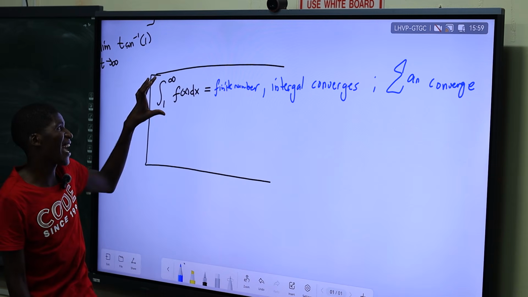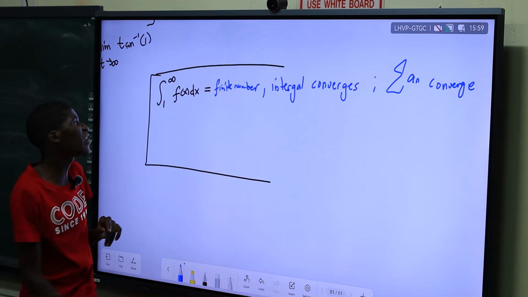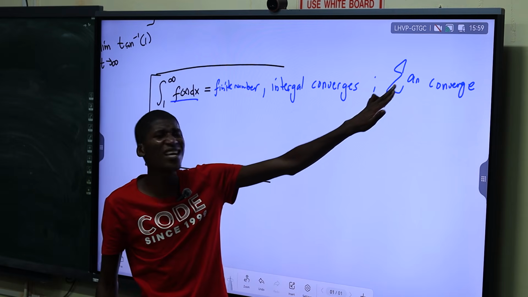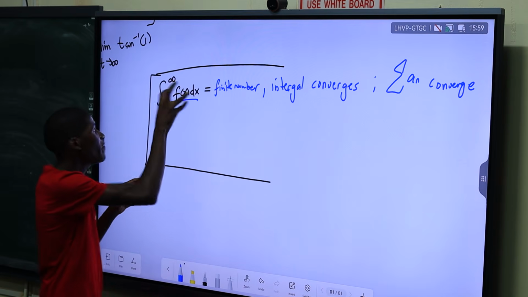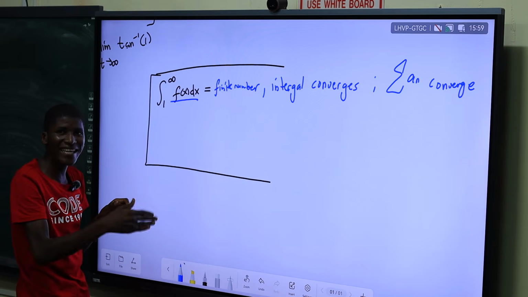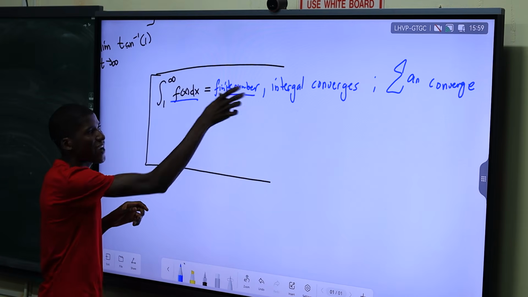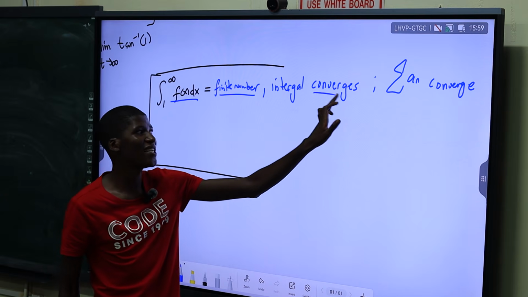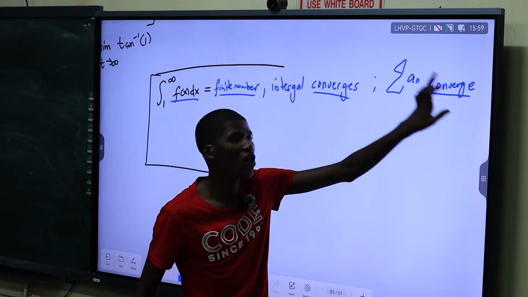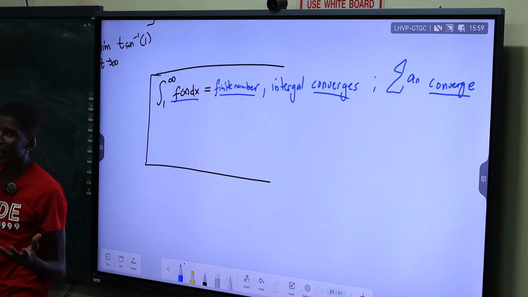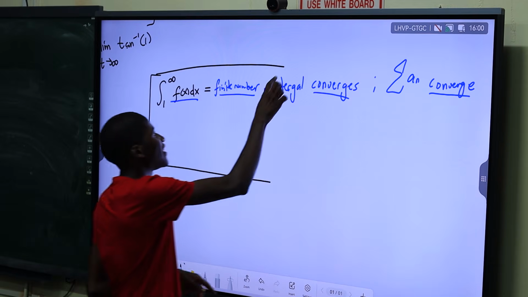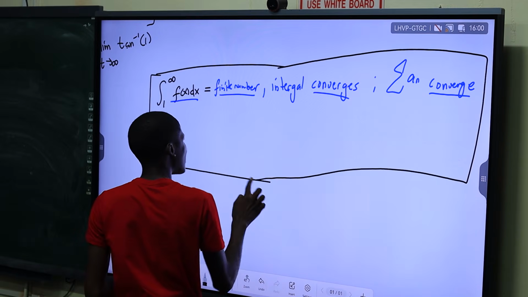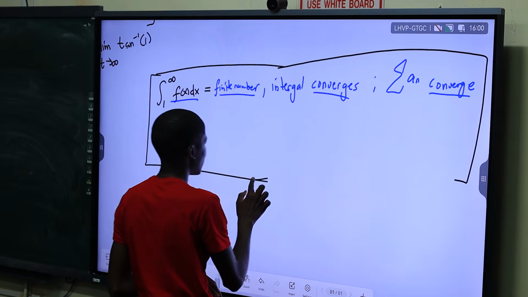So if the integral of f of x dx gives you a finite number, your f of x came from a_n, the sum. So this is still the same thing. If the integral converges, meaning the area converges to a certain finite number, then we say the integral converges, and the sum will also converge, because the sum and the integral act the same way. The integral is actually a limit of a sum. That's why it is very important for you to know the relationship between an integral, a limit, and a sum.